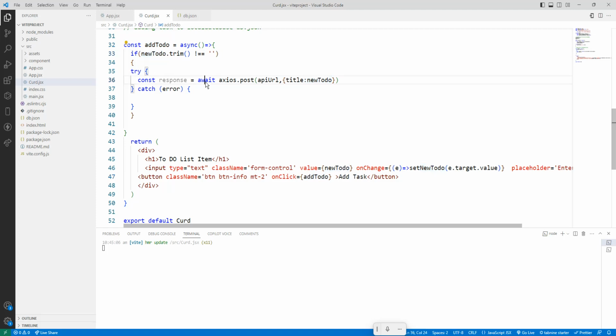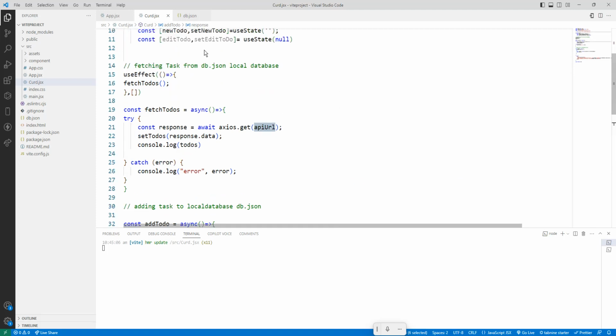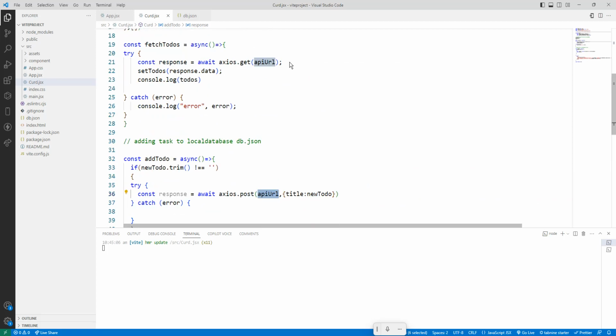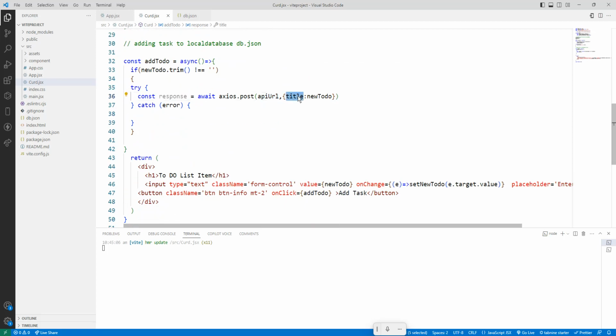Then await axios.post API URL. This is the API URL. Then title, my user defined one. New to do is need to go for a college to collect a hall ticket. Once it is stored,